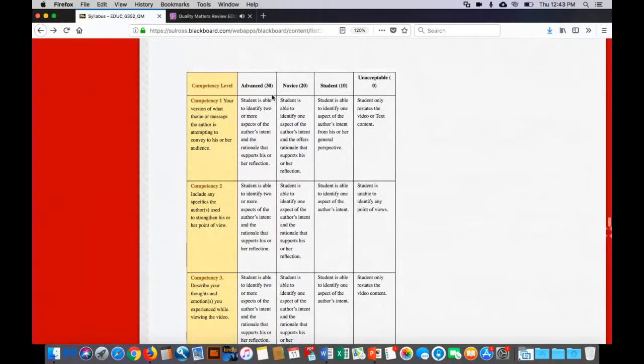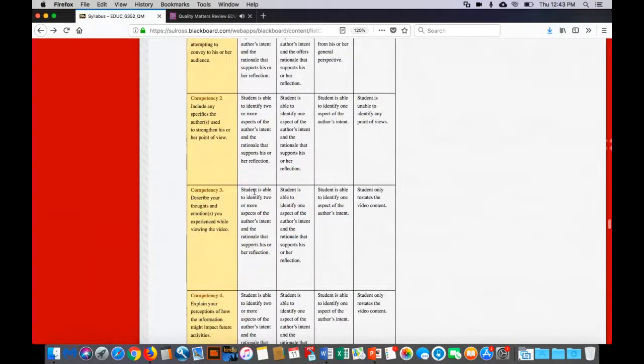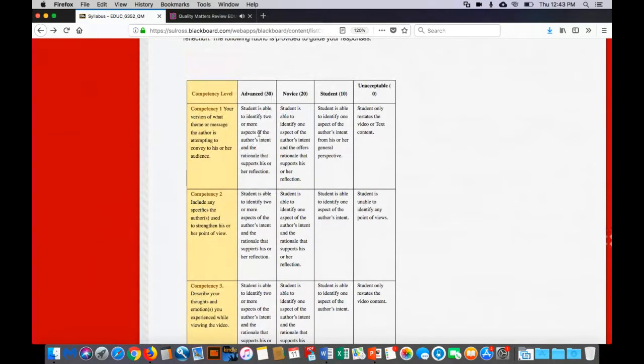So, for example, when you watch a video and article, these are the rubrics which I use to grade. Okay, so if you want to consider yourself an advanced student, you need to get 30 points in this particular competency, 30 points for this competency, and 30 points for this competency. It's four, yeah. So that's 30, 60, 90, 120. So let's say, for example,